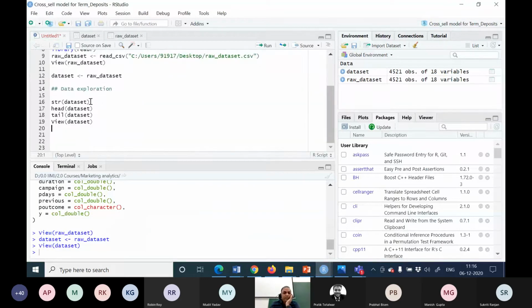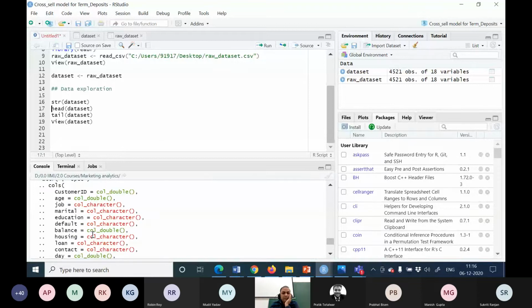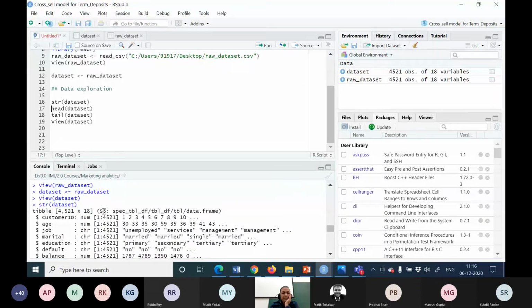Right, so then we run this command and we get the details. So how many observations do we have? 4,521. And how many variables do we have? 18. 18 variables, right? Now then